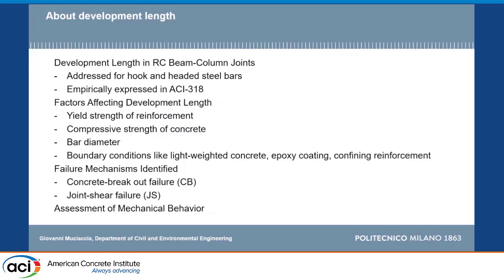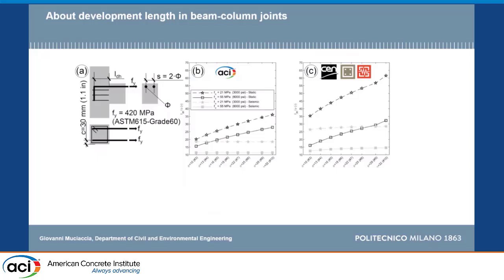And when we want to see what happens in reality, we try to identify some failure mechanisms, which in particular will focus on concrete breakout and joint shear failure. A premise. This is what we are talking about. And then if we see this as an anchorage,